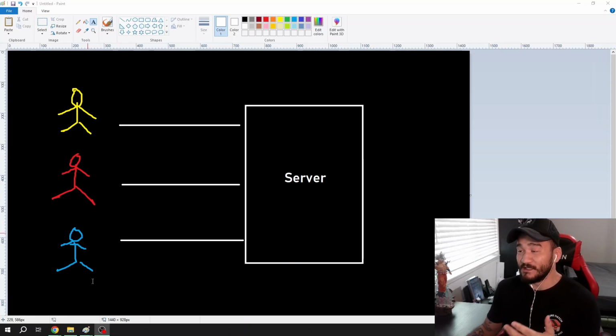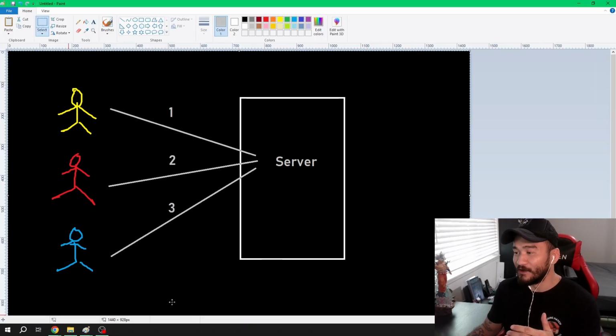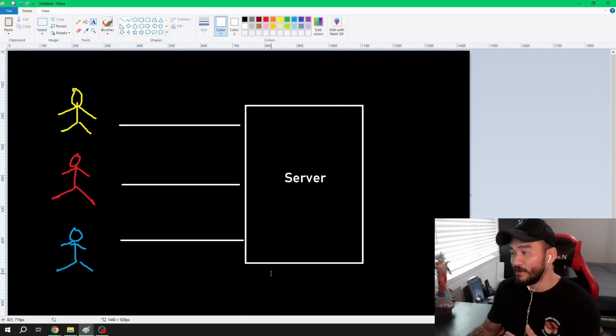Now this, like I said, doesn't magically make it so that our server is serving these responses back three times faster. Matter of fact, it's going to take three times as long for yellow to get his full response, the entire packet, this way than if we did it the other way right here. However, the advantage is that everybody gets a little bit of something